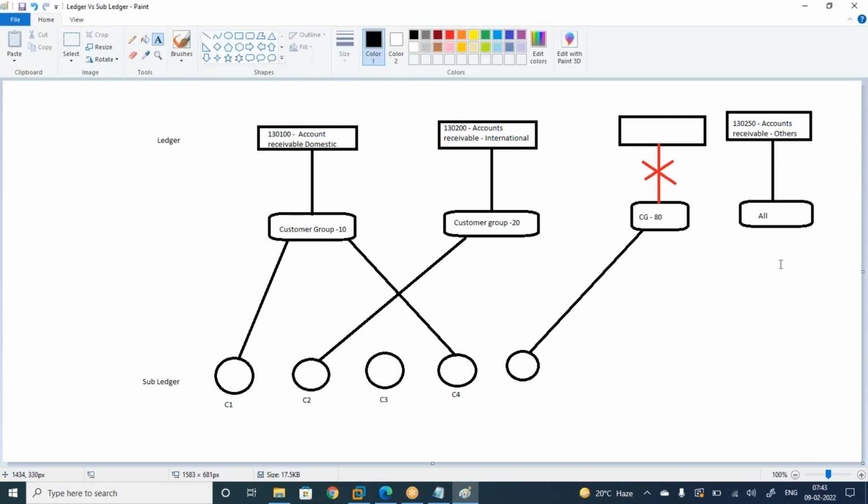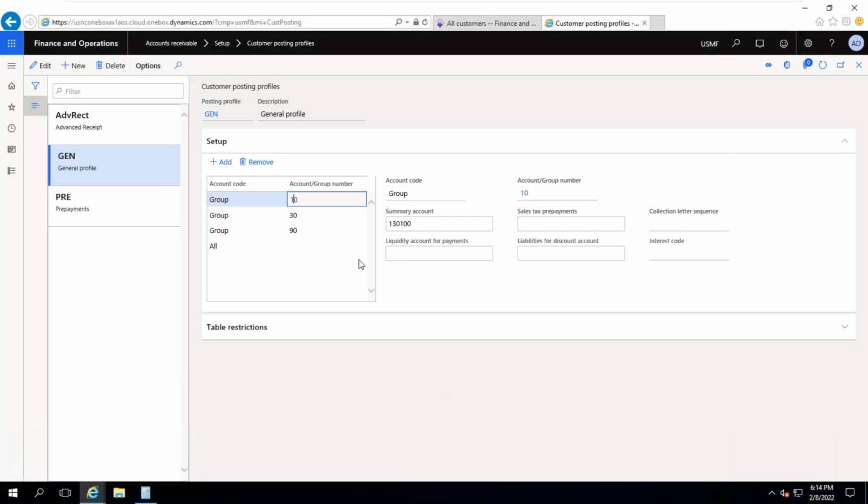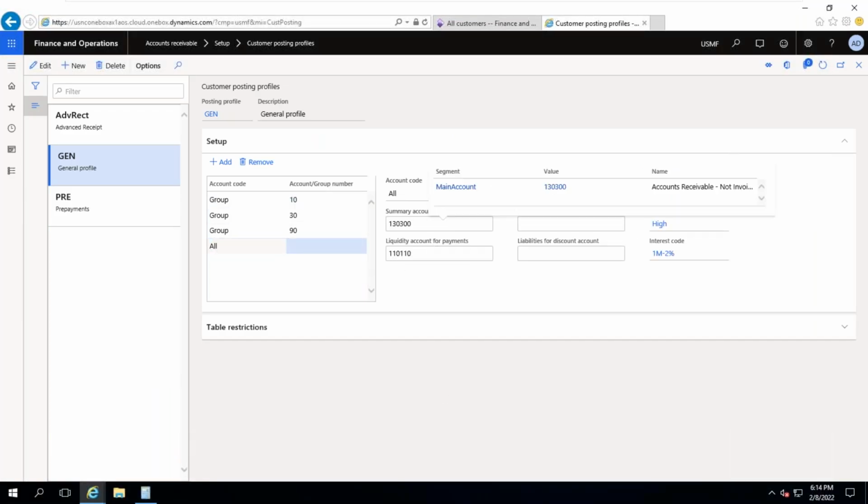Okay, then automatically if the linkage is not there, it will capture all. Suppose this is not created, it was not mapped at all, then the system will throw an error message and it will not be posted to the finance. I mean to say, the invoice will not be generated, or the vendor payment invoice, whatever the transaction you are posting, it will be stopped.